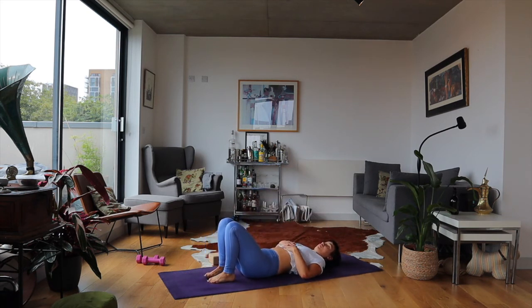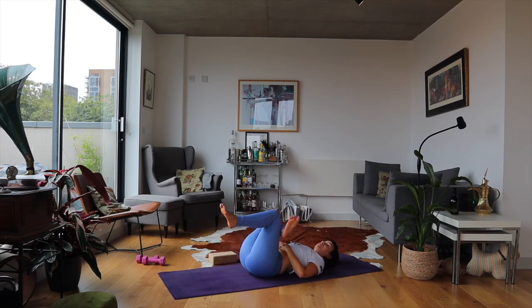And we're going to do a reclining pigeon, so feet are on the floor, knees are bent, and we're going to lift the right leg up, cross the right shin over the left thigh, making a figure 4 with your legs. You can stay here for a moment if that's fine. Place your hands on your chest, on your tummy. Or if you want, you could lift your left foot off the ground